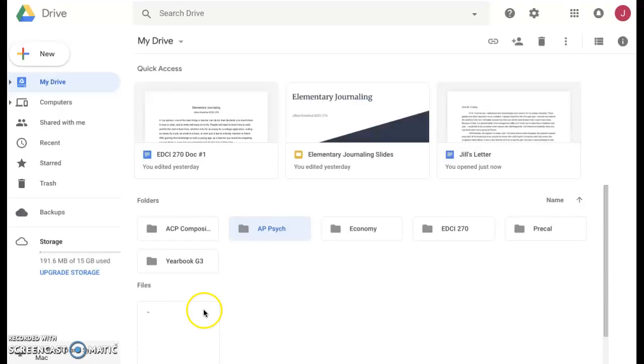So here we have my Google Drive. Up here we have files that I've recently accessed. Down here we have all of my folders, including my EDCI 270 folder, which if we just open up really quick,